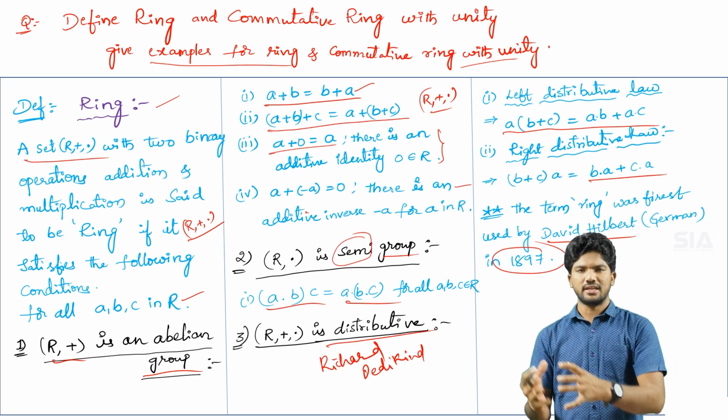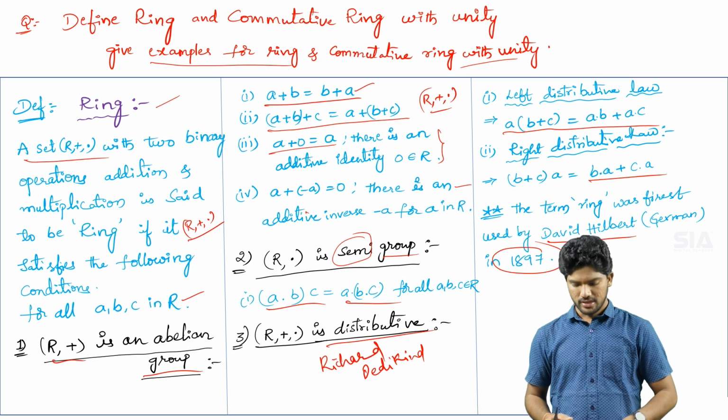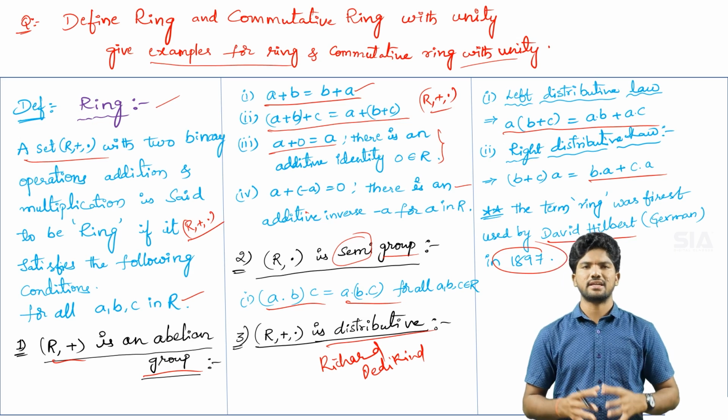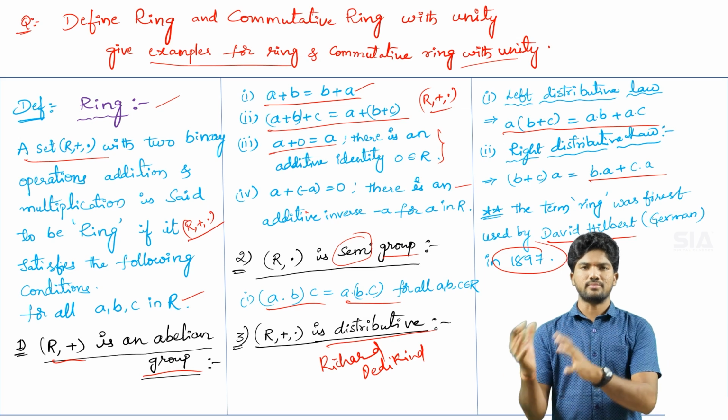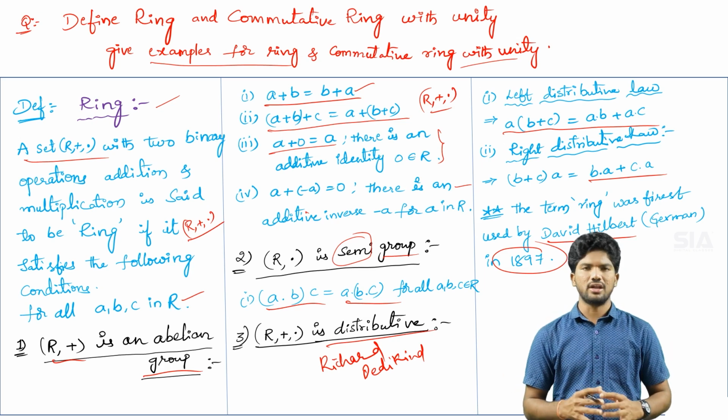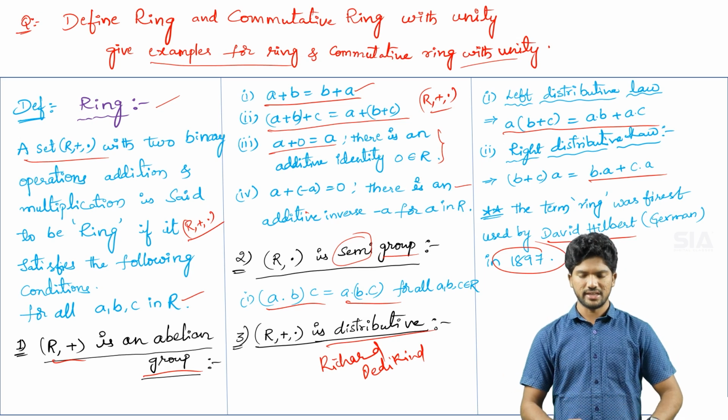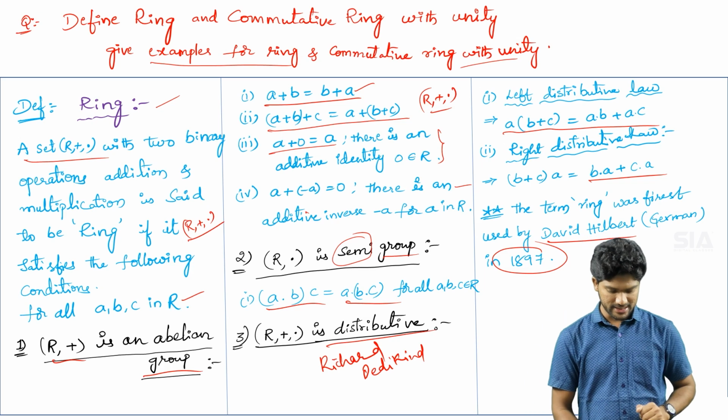After him, in the year 1897, the mathematician David Hilbert gave the name ring for this property. From then, we are calling this property a ring. So this is about the ring condition. Next,